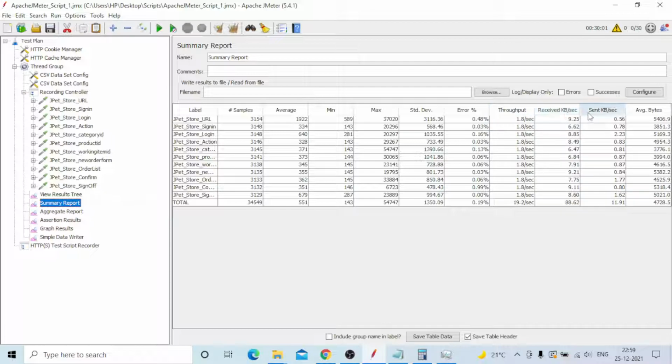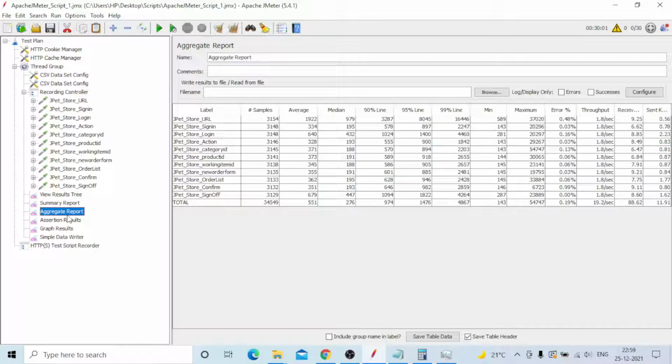Received and sent is also good. The average is taken over the higher-level data, and this is also good. I can consider about 4 bytes per second being sent without packet losses. And the aggregate report provides the 99 percentile.